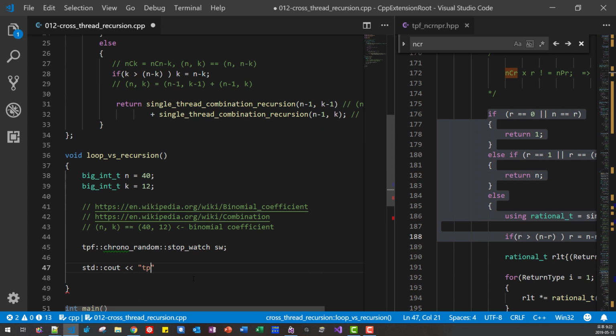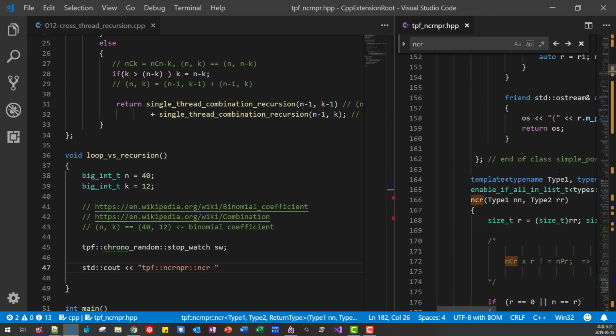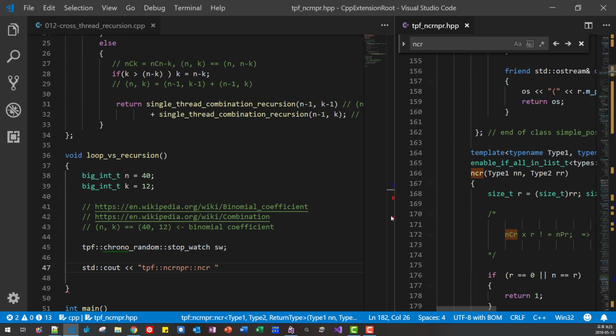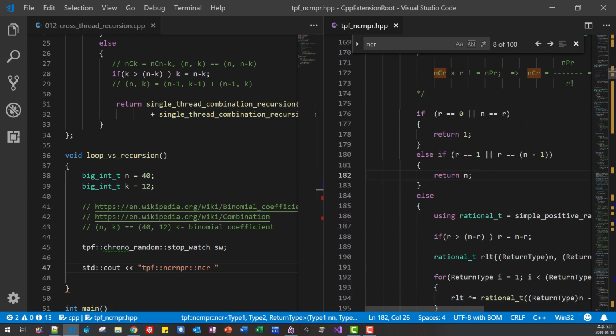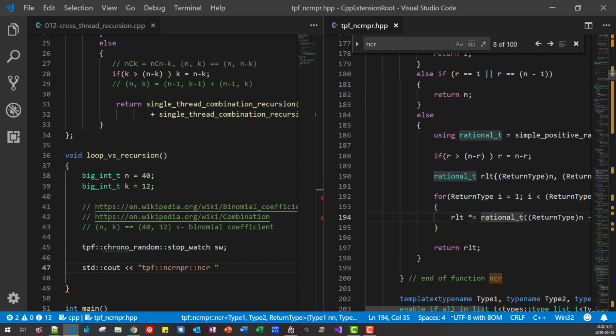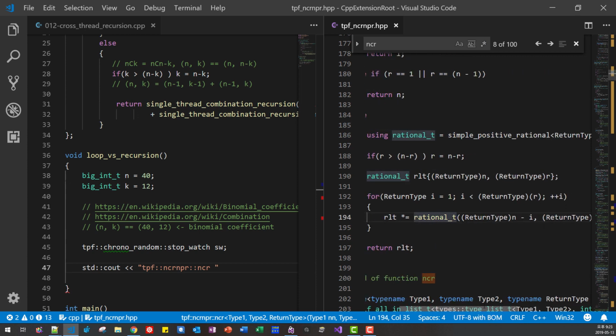It is called talkplayfun ncr. This function is defined here. Okay, it is loop based. This ncr actually computes this binomial coefficient. It is loop based using rational number.